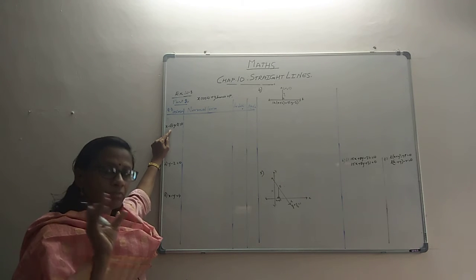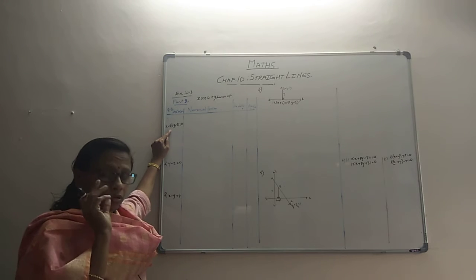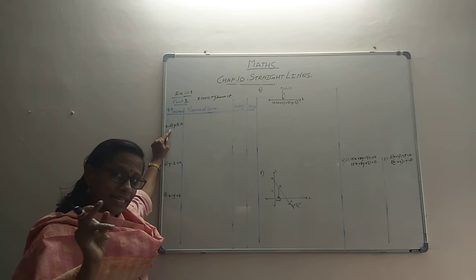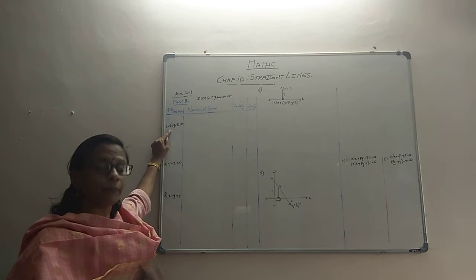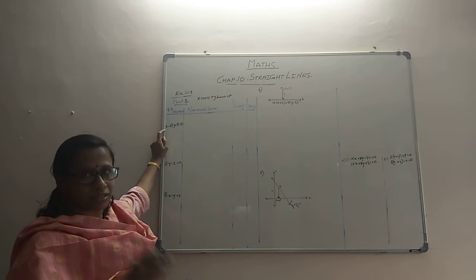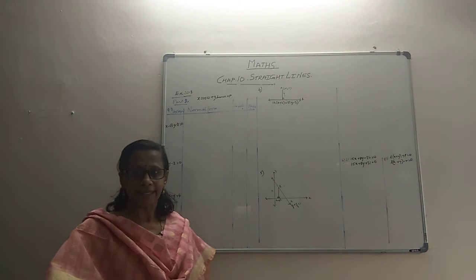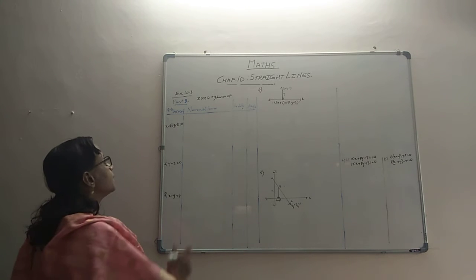Getting it into normal form is this: coefficient of x whole squared plus coefficient of y whole squared, add it up, take the root, divide it. Then only will the equation be in normal form. Then you should find out what is the omega and the p. So there are quite a lot of formalities that you have to do, then only you are able to get the angle and the distance properly. So let's get right away with this.